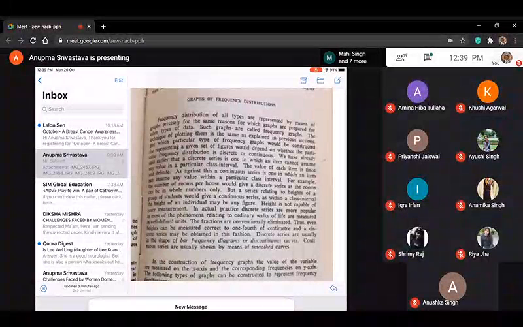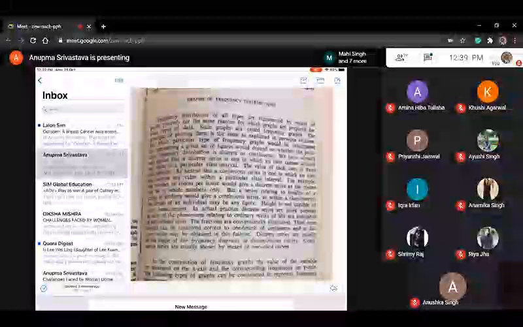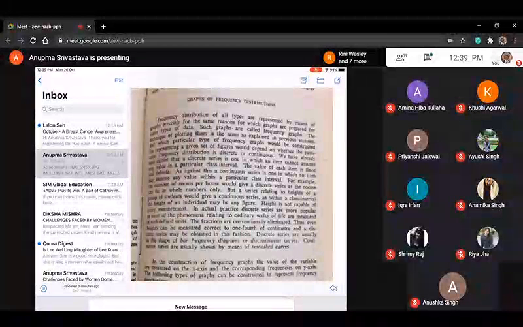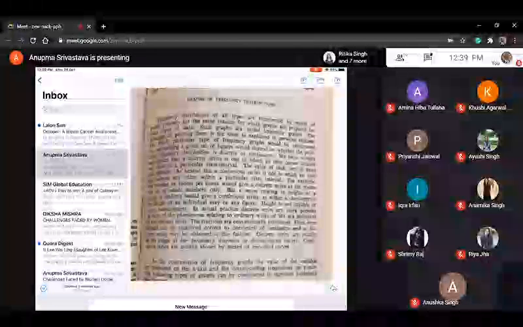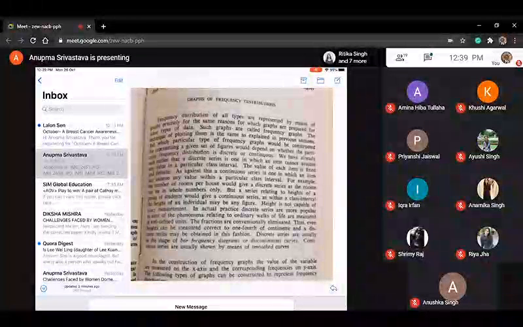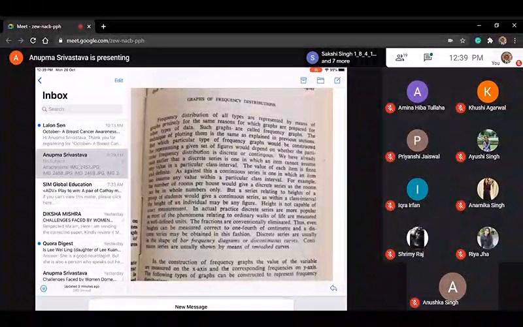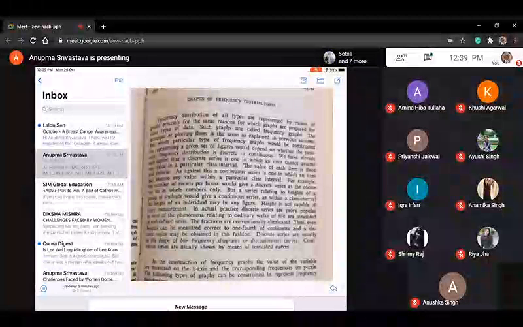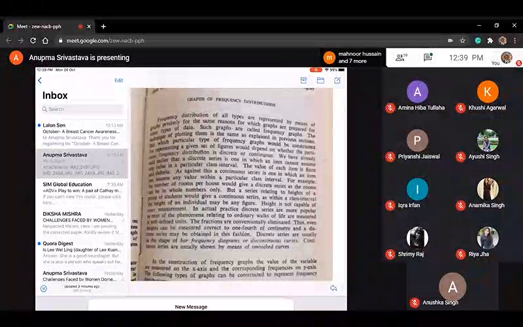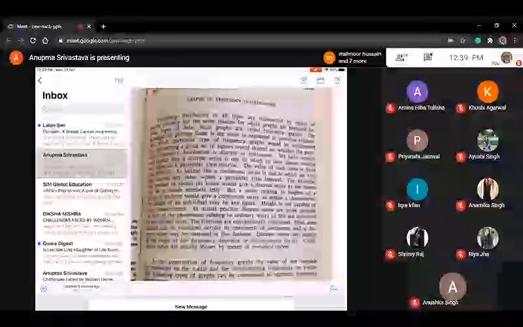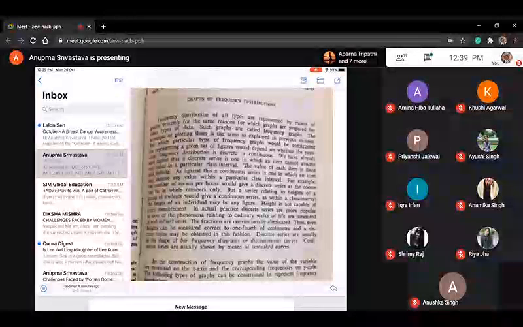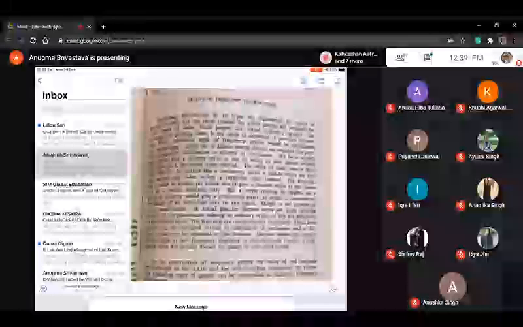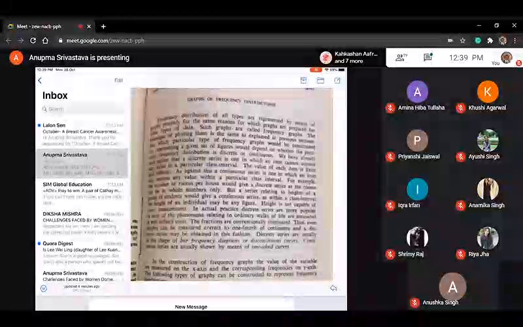That means a class interval will be given, and on the basis of that you are showing the value of a data. Then it's called continuous series. For example, they have written here the example: the number of rooms per house would give a discrete series, as the rooms can be in whole numbers only. So rooms cannot be in points or in class interval. There can't be a range. So that is why this will be a discrete series.